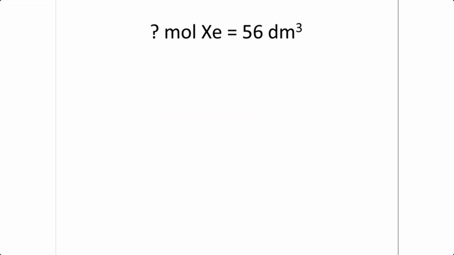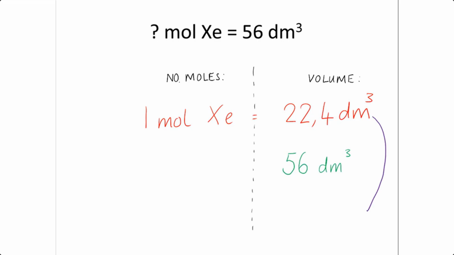Notice we could have reasoned this through, because if you had a mole of xenon at STP, it would have had a volume of 22,4 decimeters cubed. Now 56 is clearly more than double. Double would have been 44,8 decimeters cubed. 56 is 44,8 plus another 11,2, which is half of 22,4. So we can see that 56 is 2.5 times more than 22,4. If you'd had 22,4 decimeters cubed, that would have been 1 mole. Now you have 56 decimeters cubed, which is 2.5 times more than 22,4, so you must have 2.5 moles of